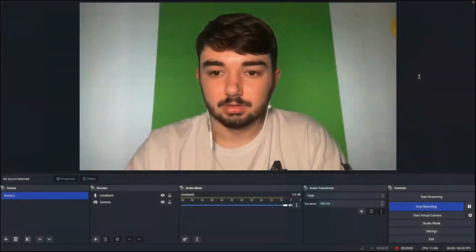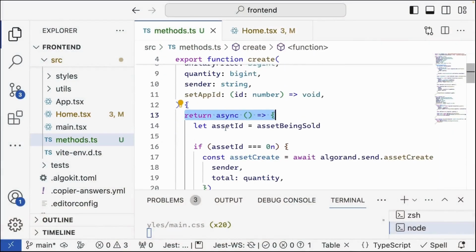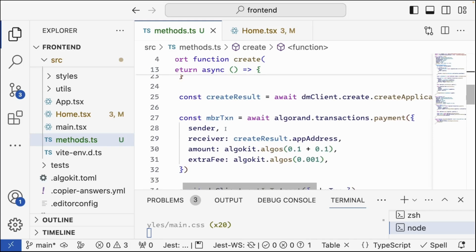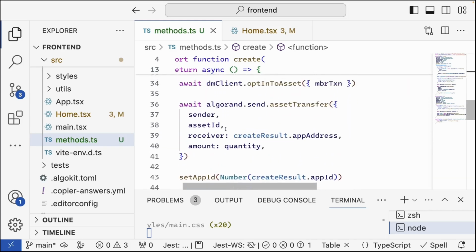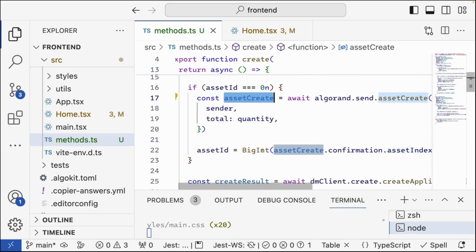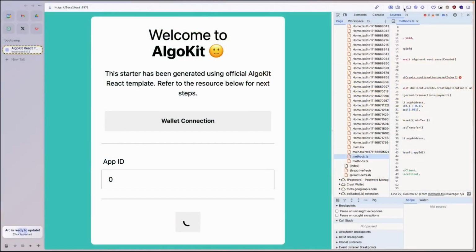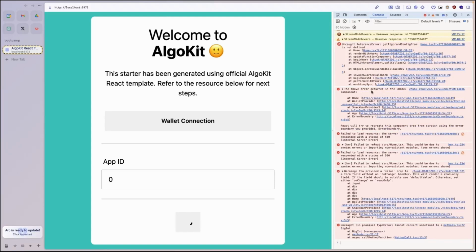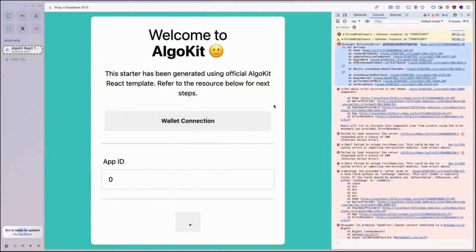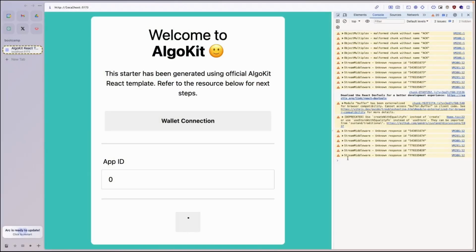Oh, interesting. For some reason, it's our asset create method. Is it? Asset create, await Algorand send asset create. Let me go back to the console here. Some live debugging. Maybe something happened upstream. Oh, this probably. Let me refresh and do that again. Okay, yeah, can't. For some reason,